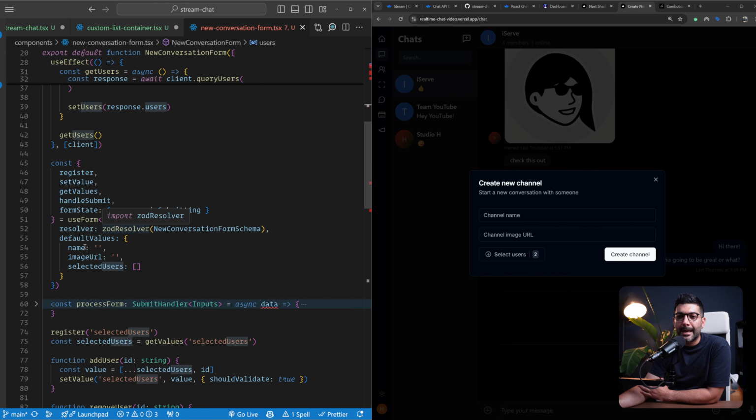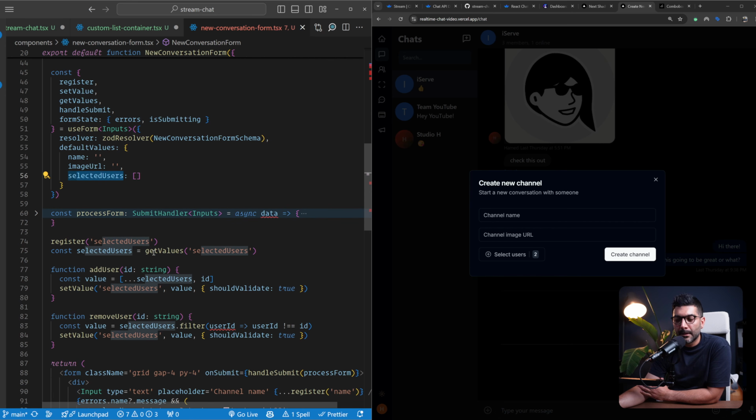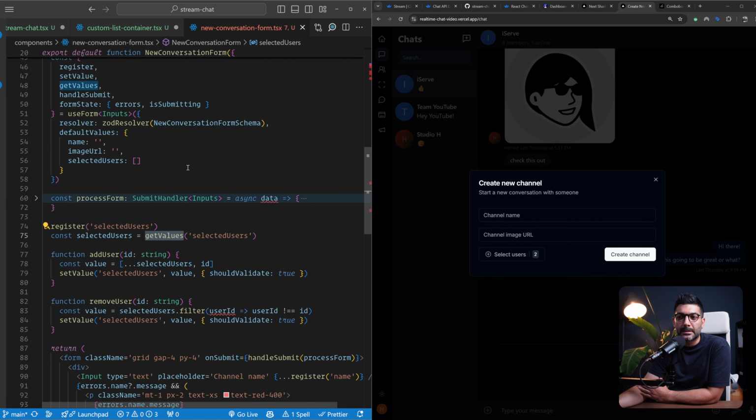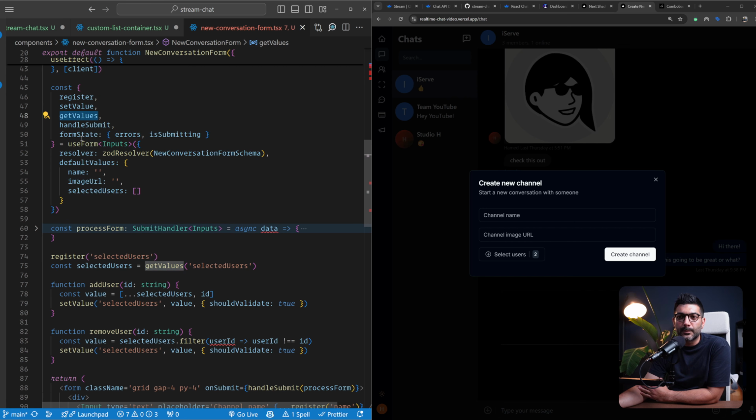Now our useForm again has the name, image, and the selected users as the fields. Now for the selected users, because I'm using a combo box and it's not literally input fields down there, I'm registering the field manually instead of spreading it over an input, just like how we did for the name. So for example, you call register with the name of the field, you spread over, and this gives you all the state setters and checkers and getters. But for the selected users, I'm just registering it manually. I'm getting the values of the selected users using this getValues function that's exposed from this useForm hook